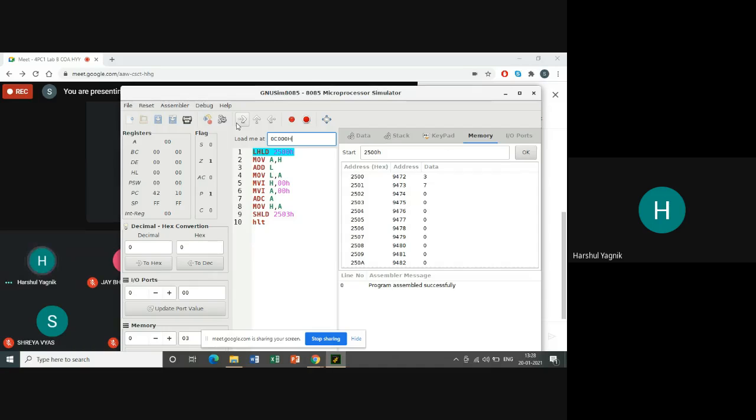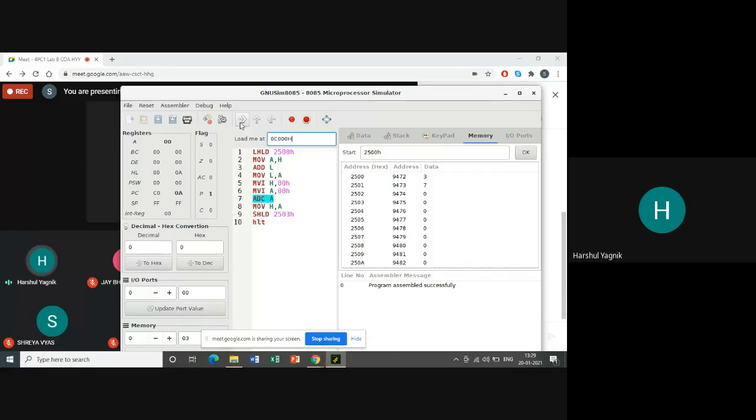Okay, three and 7 in HL register pair. Addition is done. Addition is in accumulator. Then that is shifted to register L. Then H and A are fed with 0 to get if there is any carry.